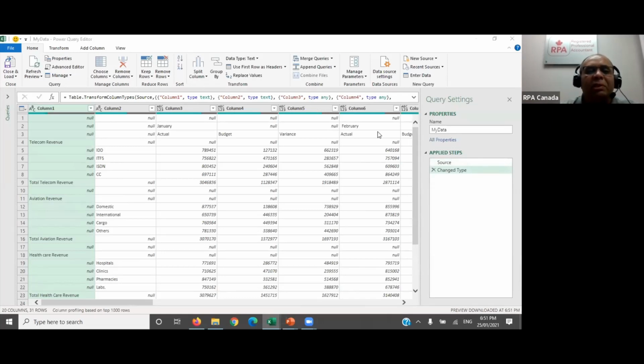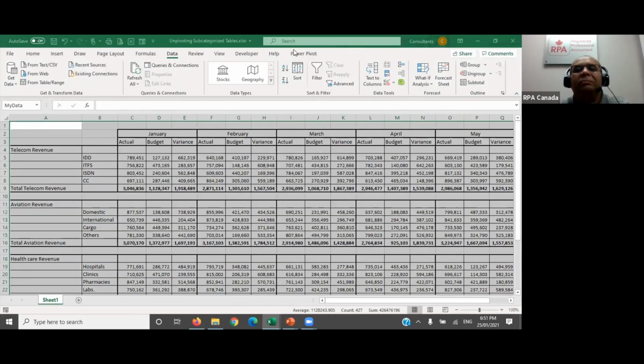Now here, quite a few things. You can see over here that the information is pretty difficult, in fact, to understand here. First thing, every single column I can see that,